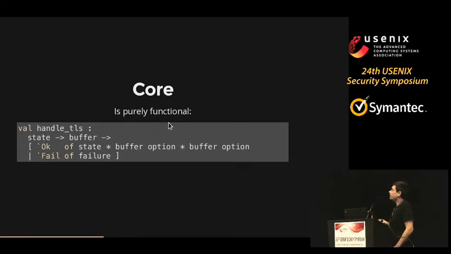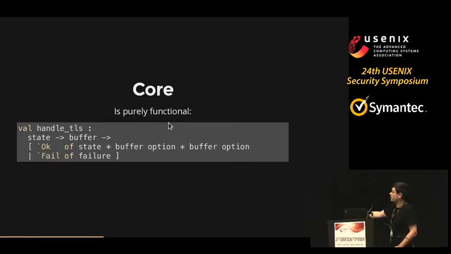A relatively specific feature of the core protocol implementation is that the core is, as said, purely functional. The entire protocol basically boils down to two externally facing entry point functions, and you're seeing the type for one of those two, the reactive one, which receives a buffer and does something to it. And the type shows you that it takes an opaque value, an abstract data type representing so far accumulated state,